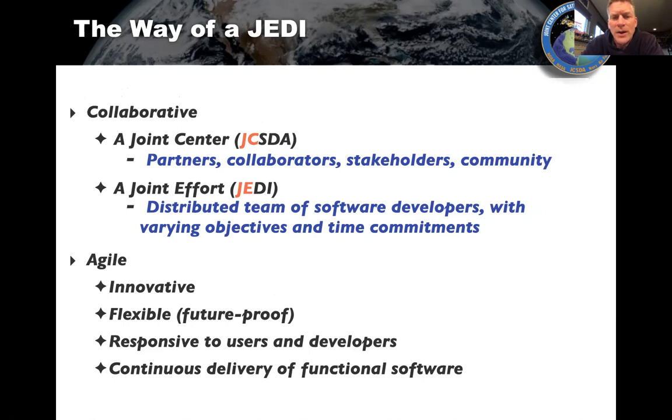So this distributed team of software developers, we use Git and GitHub to help coordinate them across different time zones and even different continents. And we take an agile approach. So we're collaborative, we're also agile. What agile means, we mentioned this a little bit in the previous lectures, particularly on Monday. But the idea is there are specific